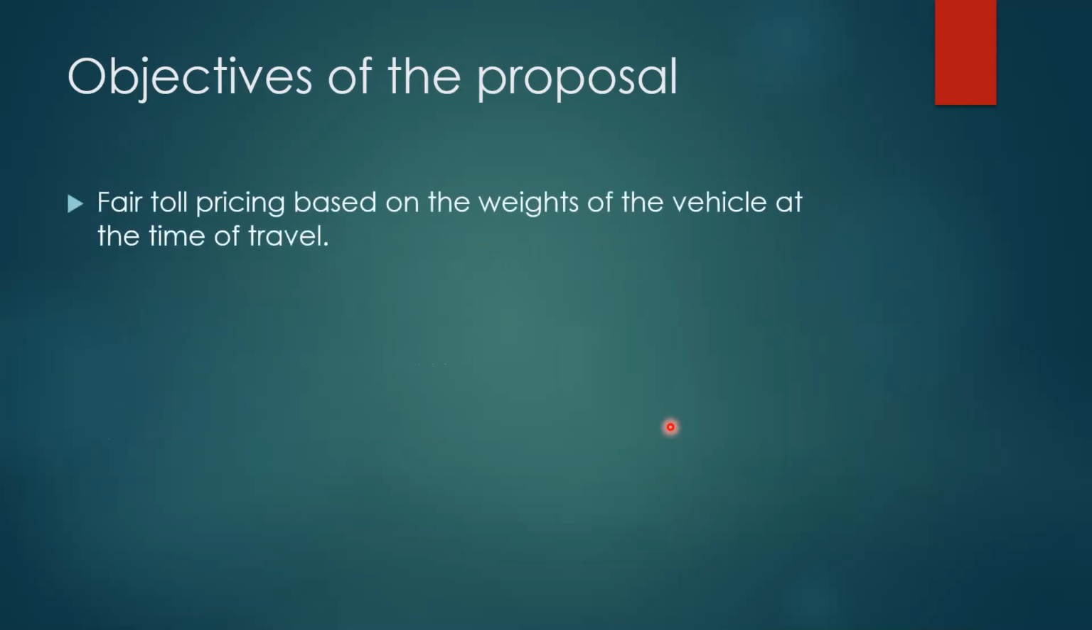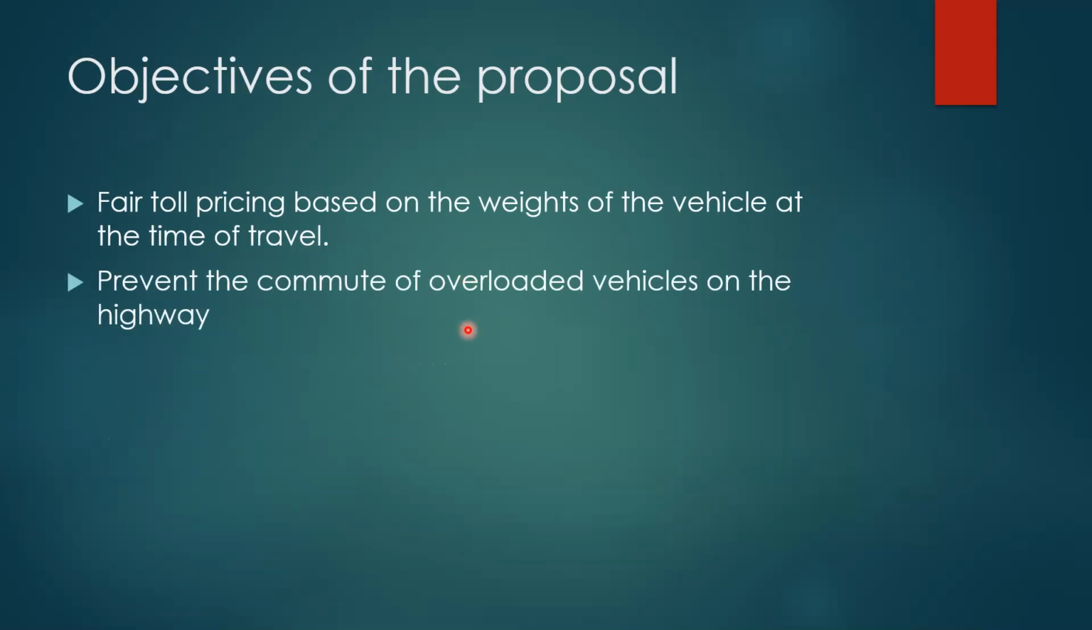So our objective in proposing a model is to cater to some of the limitations that we previously discussed. First, we will try to propose a model which calculates the toll prices based on the weights of the vehicle at the time of toll collection. The second is that this model will try to prevent the commute of overloaded vehicles on the highway. And the third is that we will try to track unregistered and uninsured vehicles on the highways in India,